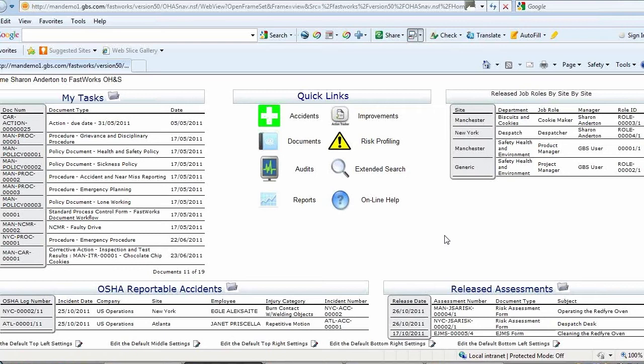You can link all of those different types of documentation together within the Fastworks system. And the starting point for those could be the employee record. When an employee is allocated into the Fastworks system, they are allocated to a job role. And a job role has specific required training that is required for them to be fully competent in performing that job role. So for example here, for our dispatcher job role, if we go and open that from our portal